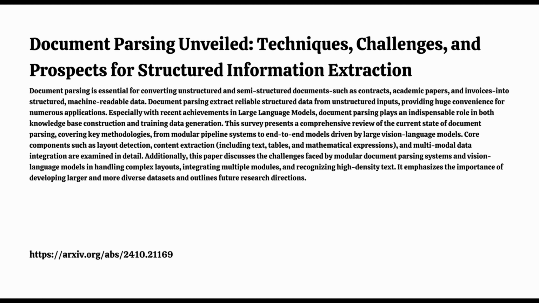But with the field evolving so rapidly, are these traditional metrics still sufficient? That's an excellent question. As document parsing tasks become more complex and nuanced, we're finding that we need even more fine-grained evaluation metrics. They need to capture those subtle differences in performance across various document types and tasks. It's like trying to judge a figure skating competition solely on technical difficulty. You'd miss out on the artistry, the flow, and the overall performance quality. So the evaluation metrics themselves need to evolve alongside the algorithms and approaches they're measuring.